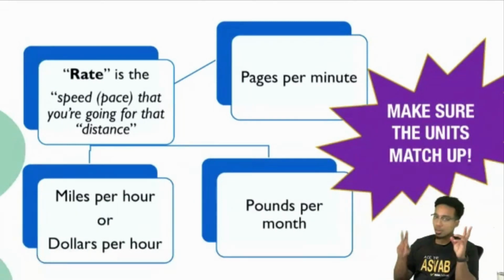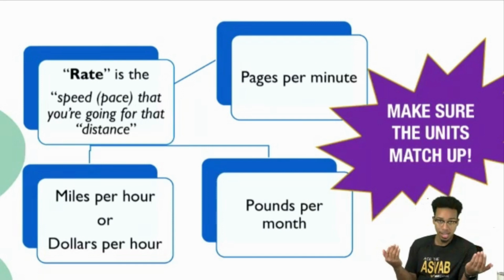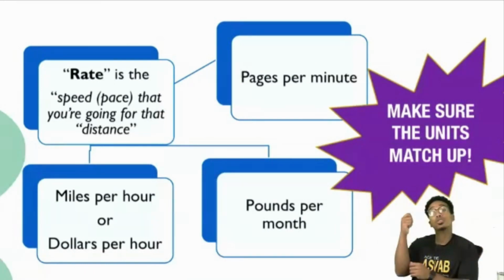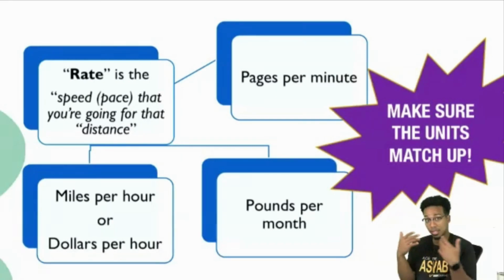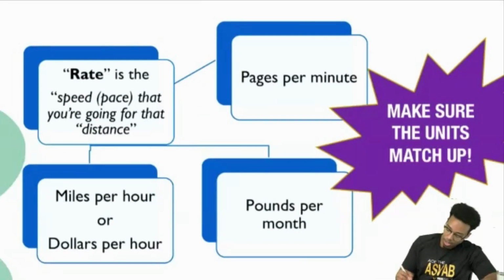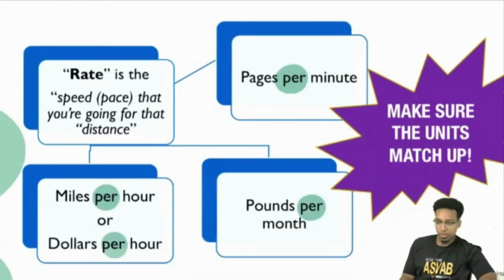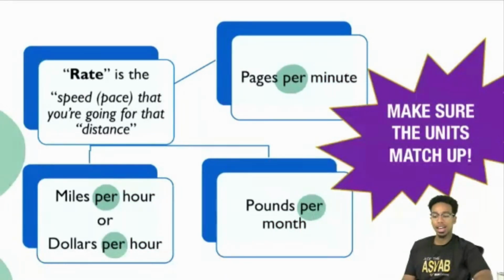Now, here's what the word per does. It pretty much combines two units. It combines your distance and the time to tell you how quickly you're achieving that distance over time. That's what rate is. So with that said, rates can be considered anything with that word per right there. Typically, you'll have time on the other end of it, like month or minute or hour. And to keep it simple, you can expect time every single time.